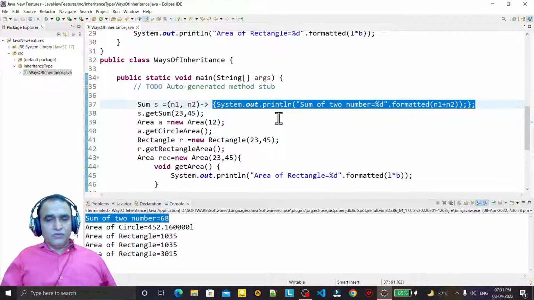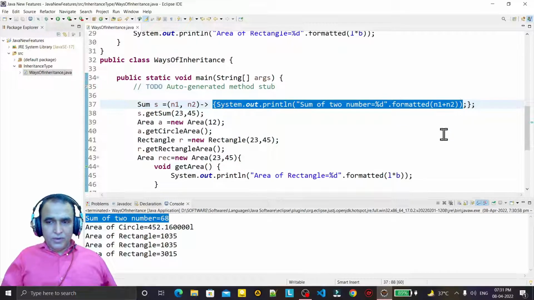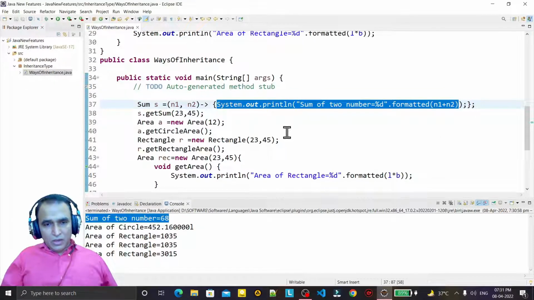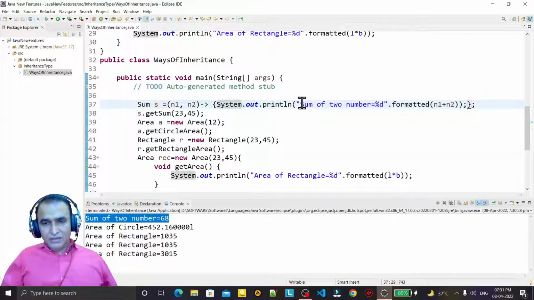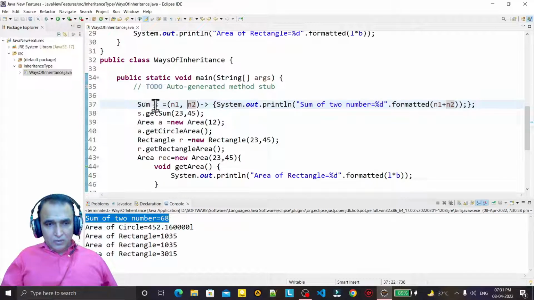It is also a way of inheritance. That means here we are passing a value to the function, and we are just implementing a body, and this is all about the hidden process of creating a subclass, implementing the interface, overriding a method and writing the code inside that method, and passing a parameter to this function, and now creating an object.